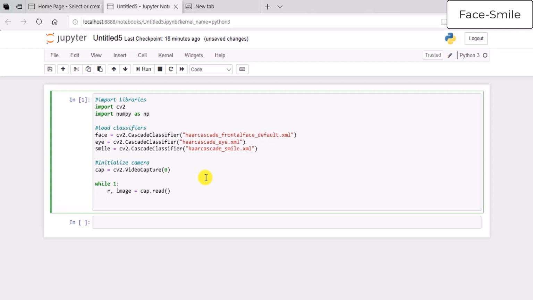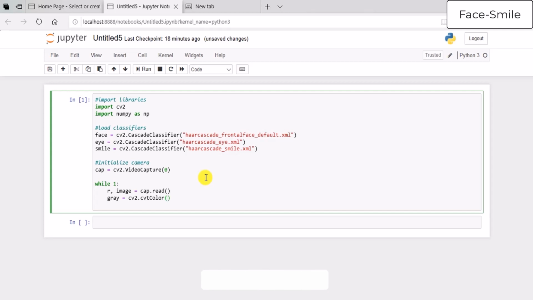So cap.read reads till the end, and it reads frame by frame. Now after reading the frames, the next step is I am going to convert it into grayscale. gray is equal to cv2.cvtColor,